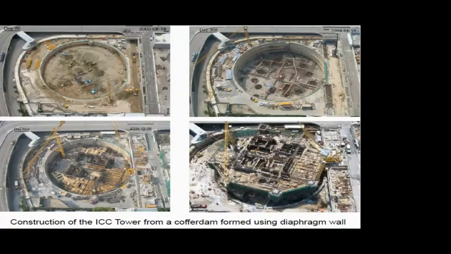So here you can see the photographs shown stage-wise. Starting from top left, this was the diaphragm wall constructed. And then they started excavating the soil in between. Then in figure number 2 on the top right, you can see the excavation was done, and now they have started placing the footings, reinforcement and all that for the footings. Then bottom left, the foundation was done and now the building has started being constructed.